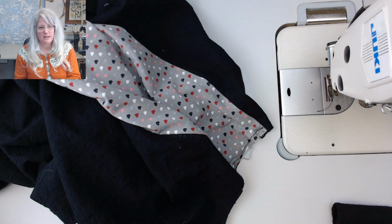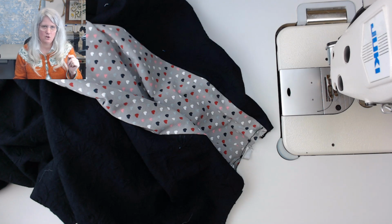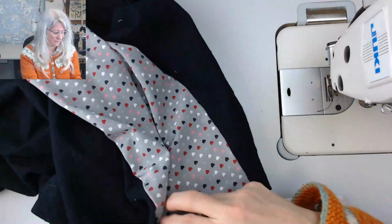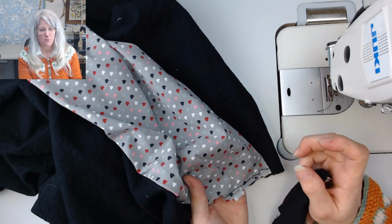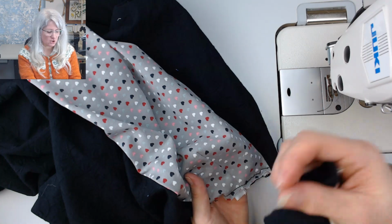The problem with the knit, Lisa, is that I'm not using a stretch stitch, so it could pop. That's what I was thinking, that if I put on the woven, it offers some stability there to where the shirt won't want to stretch right there. You know what I mean? If I put knit here, it's going to want to stretch, and then that stitching can pop, unless I use the cover stitch, which I didn't really want to do. I don't want 2 rows of stitching. Right? And so if I do the woven,